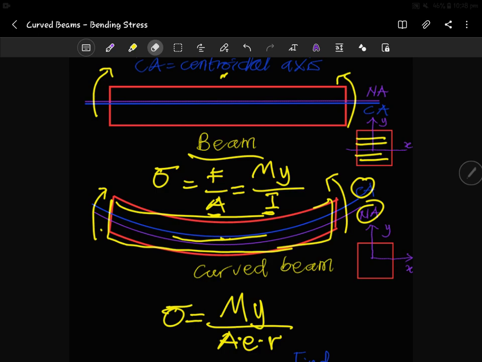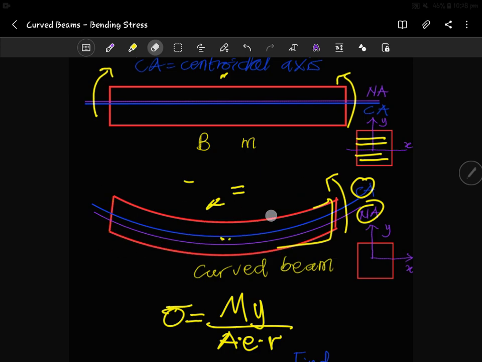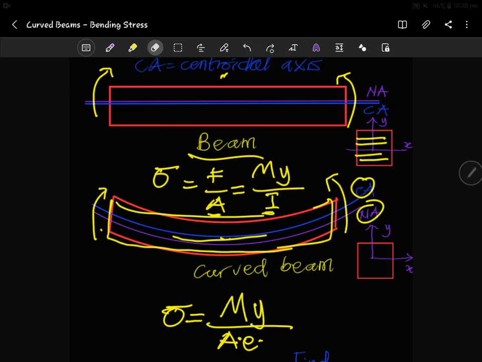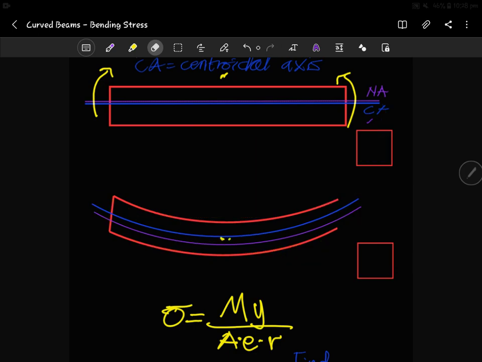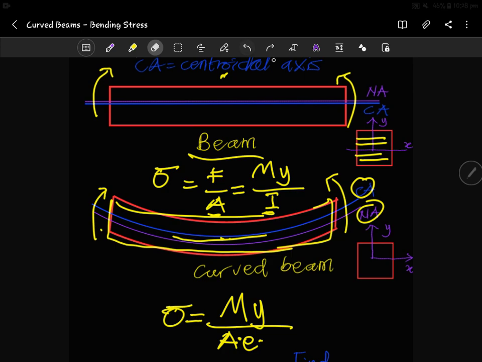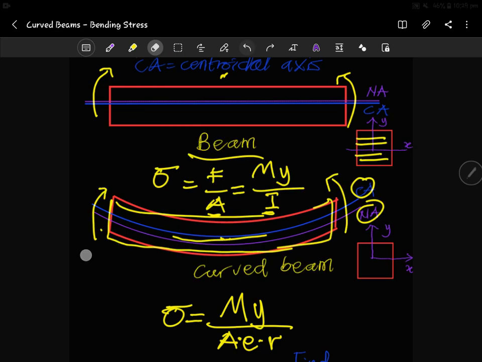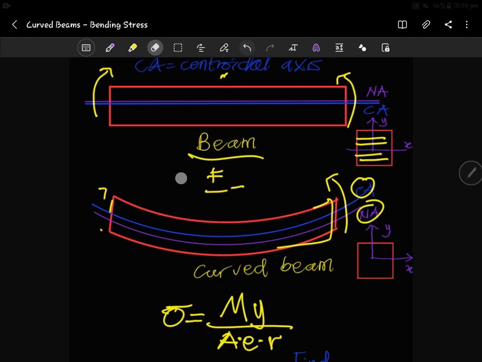Okay, so this is a basic thing, but then I'm going to draw something else again. Now we are done with the understanding. We are done with the straight beam. Now we're going to go all out on the curved beam. Okay, so let's see. In the curved beam, one thing that we notice is that we're talking about some radiuses, and the center